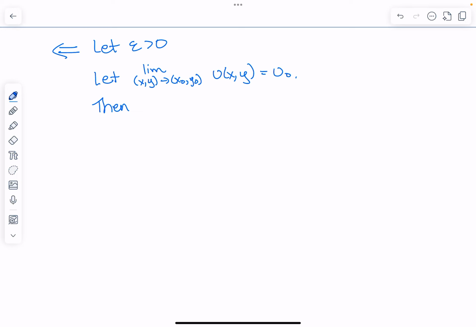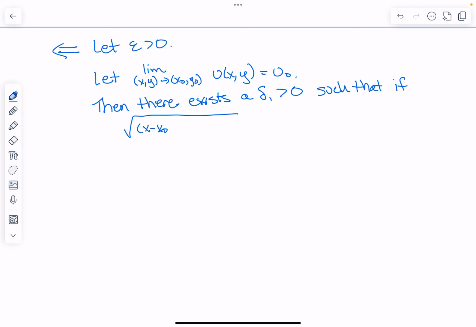So given that epsilon greater than 0, there exists a number delta, but I'm actually going to refer to it as delta 1, and you'll see in a moment, that's bigger than 0, such that if my distance between x and y and x0 and y0, okay, so that's that Euclidean distance between x y and x0, y0, if that distance is less than delta 1,